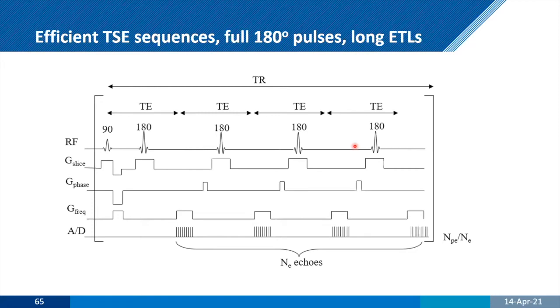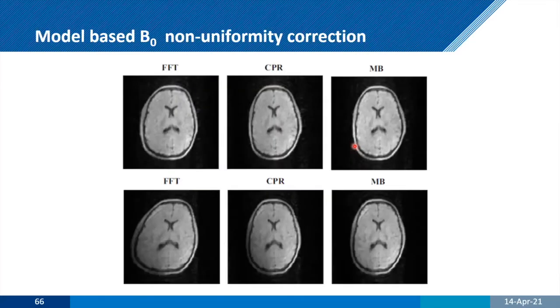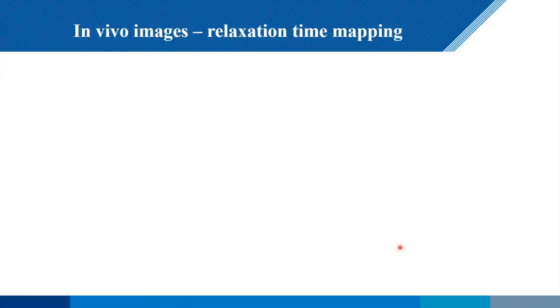Other things we've just built in is some model-based B0 non-uniformity correction. This is work by Kirsten Kolstra. Even if you've got quite severe artifacts, and this one came because we actually stuck a magnet out here, we couldn't make the artifacts bad enough to really show how well the algorithm worked. So we stuck an extra magnet here. You get significant distortions. Again, if you look at the model-based approach to correct for B0 and also for gradient nonlinearities, we can get back to decent images.